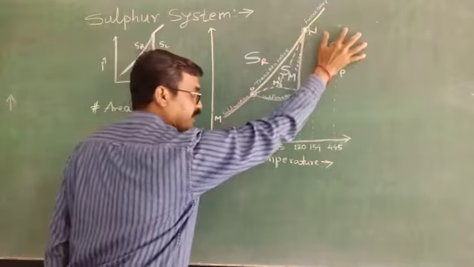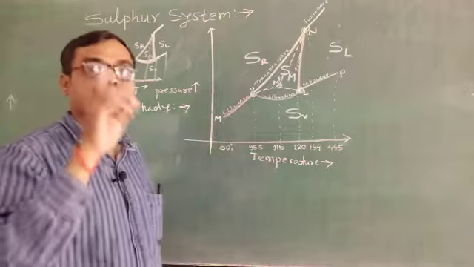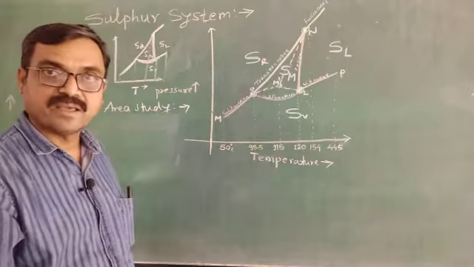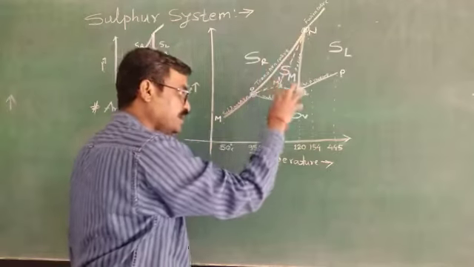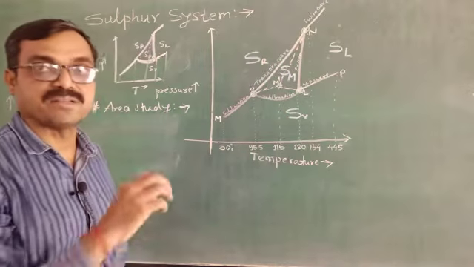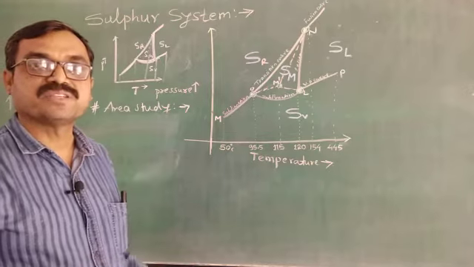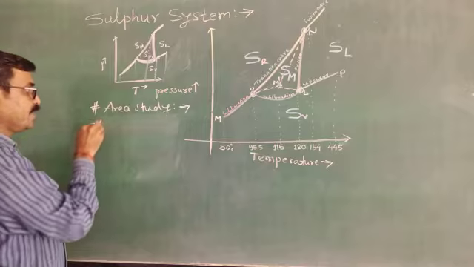Here there is sulfur in the liquid state, only one phase is there. Then the composition C equals 1. Again put P plus F equals C plus 2, and you will get F equals 2. Means here the degree of freedom is 2, here 2, here 2. These are the areas, and from this it is clear that the sulfur system, by area study, is a bivariant system. The first point is clear.